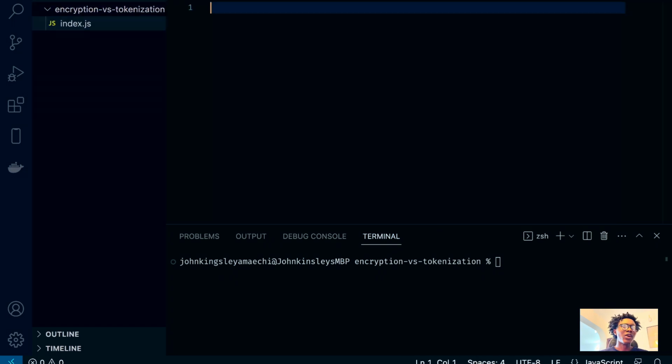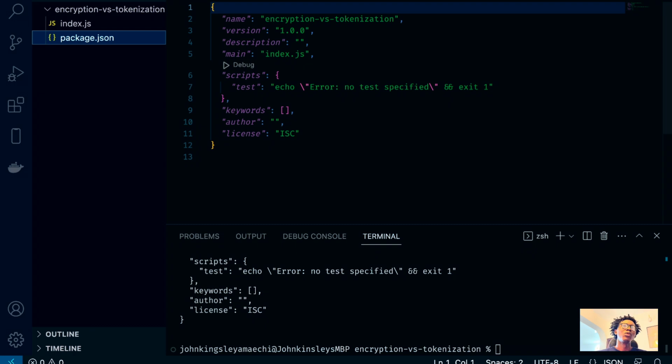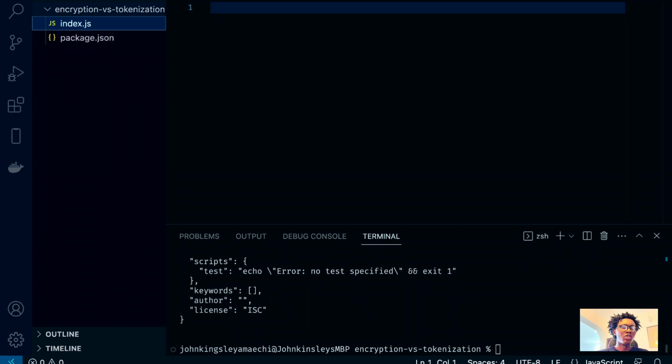And inside of this file is where we're going to have all the examples we're going to be doing. But before that, I just have to initialize the folder using npm init so as for us to generate the package.json file, because we're going to be installing some packages. For this particular video, and for the sake of what we're trying to achieve, I'm going to be working with two packages. The first one is the JWT package, which is the JSON Web Token, and the second one is